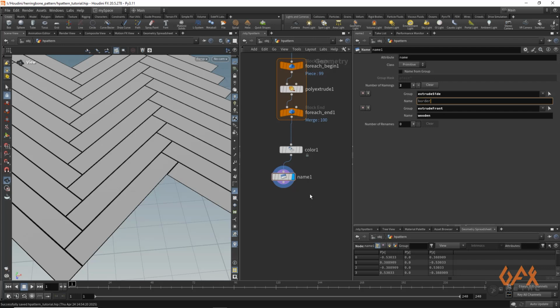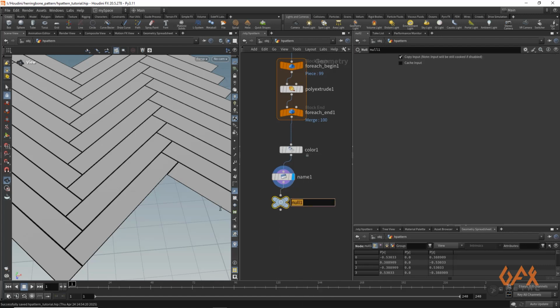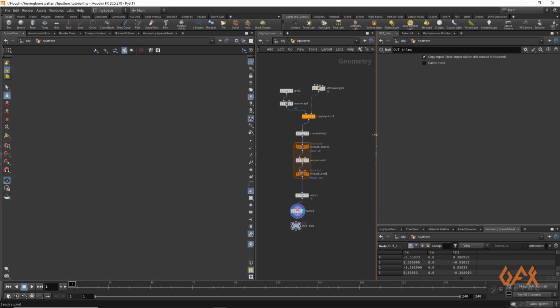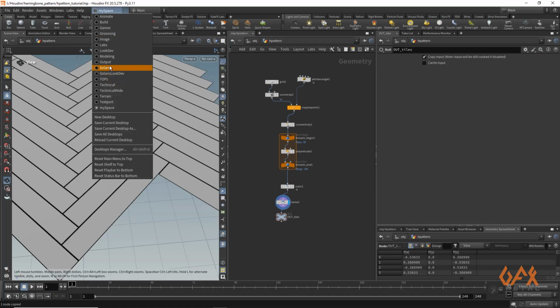Right now I set it as border, and I name the null OUT_tile. Then I copy this, Control C. I also press Control 1 to bookmark this particular view, so that whenever we need to jump to this area, we can just press 1 and immediately jump over here. Now the next thing is that I move into my Solaris workspace.